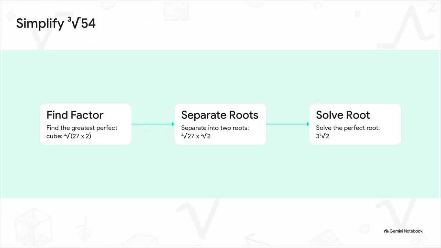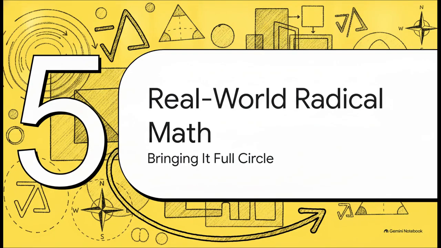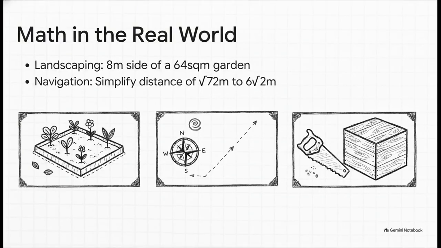Pretty satisfying, right? And that brings us to Section 5, Real-World Radical Math, bringing it full circle. Whether you're laying some new kitchen tiles, planting a garden, or just calculating a walking distance, these radical expressions are secretly working behind the scenes of our daily measurements. Think back to our opening problem about landscaping, right? You've got that 64 square meter garden. Well, by finding the square root of 64, you instantly know that your wooden border needs to be exactly 8